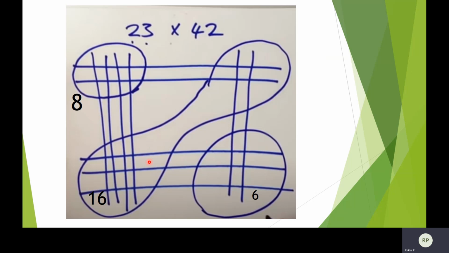Now whenever in a group, in this middle group, a 2-digit number is there, the same way you do carry forward, keep only the last digit here in this group, and this carry you add to the next immediate group. So this 1 you have to add to this 8. The 6, only one digit number, keep it there. So this was 16. We are keeping 6 and we are adding 1 to this one, 8 plus 1, and you will get the answer as 966. Okay, so your answer is 966.